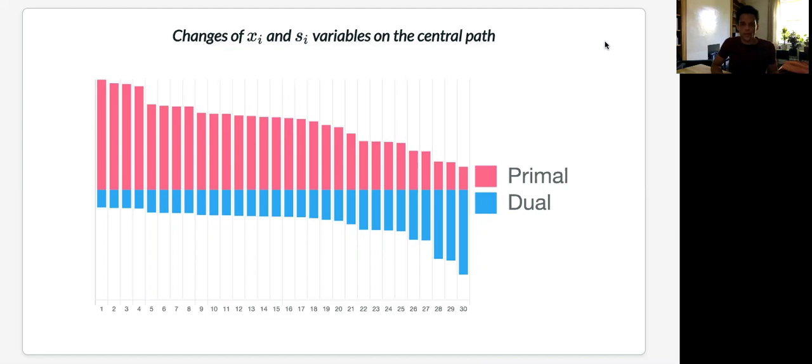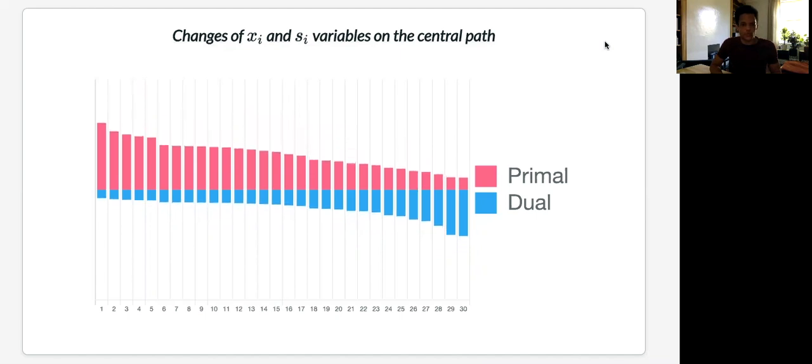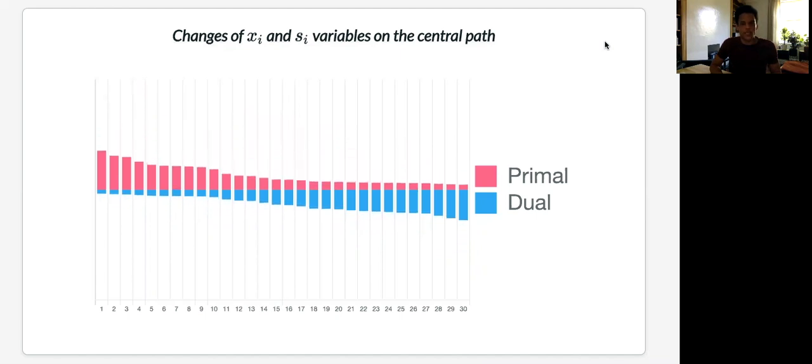Now, how does this path following look like in an algorithm? So we have here depicted 30 variables, primal and dual variables, primal in red and dual in blue. And running a few iterations, we nearly monotonically decrease the variables by following the central path. And at some point, we can essentially guess which variables are going to be positive in a primal optimal solution and which variables are going to be positive in the dual optimal solution. And for weakly polynomial solvers, this is enough for some central path parameter that is roughly 2 to the minus O of bit complexity to round to an optimal solution.